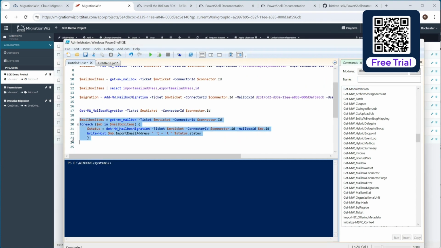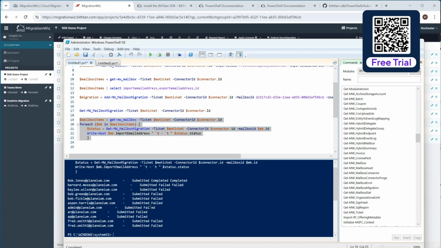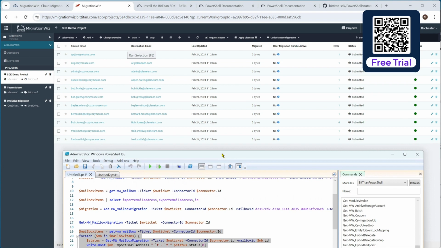Now, when I run this, what you're going to notice when I kick that off is you're getting a few statuses here for each one of what is it's submitted, they failed in the past. You're going to get an array of the status, not just the status itself. So what I'm going to put in here is a 0, which will give us the most recent item. You can see if I run that again, I will just get the current status, which matches what we have